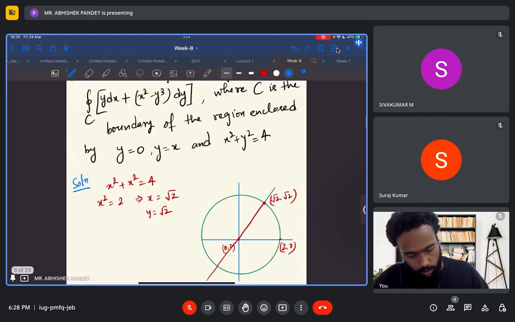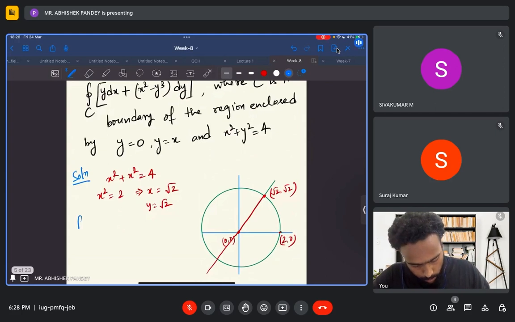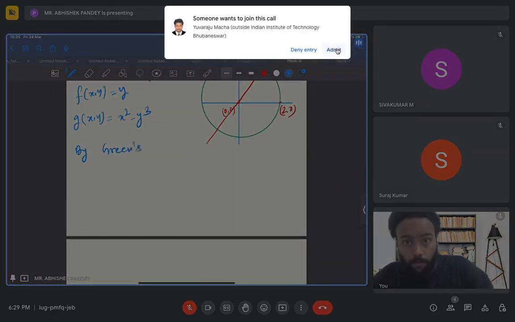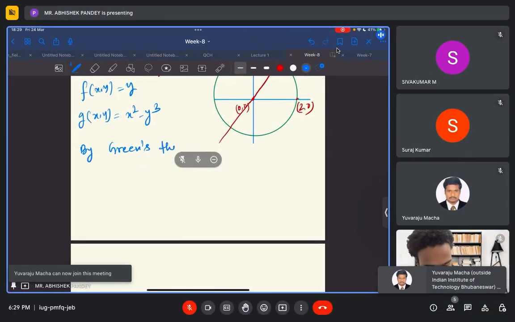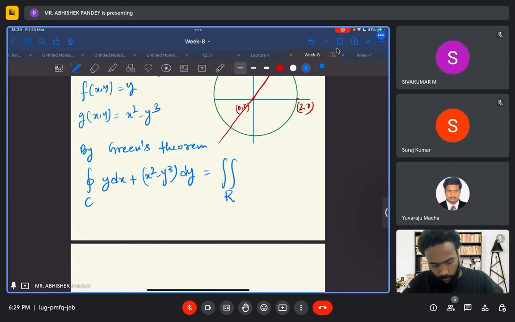So here we can use Green's theorem, where f of x comma y is y, and g of x comma y is x squared minus y cubed. So by Green's theorem, this integral of y dx plus x squared minus y cubed dy will be equal to, on this region R,